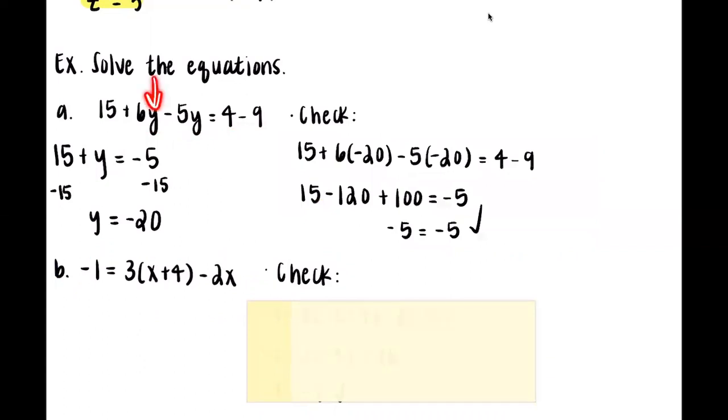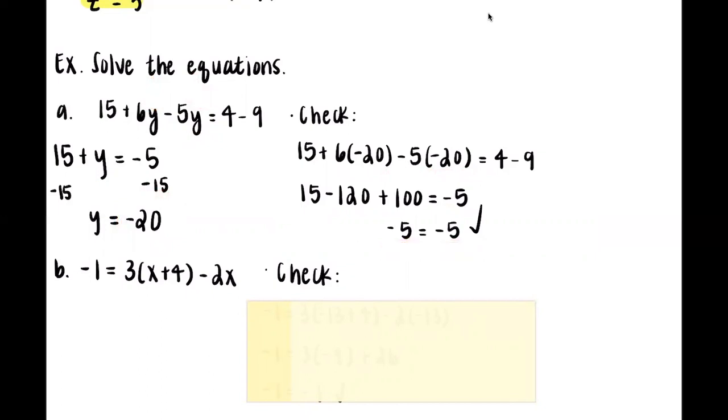These y's are really just negative 20s. That's what we're claiming here. So we have to plug them in and see what happens. See if the left and the right side become true. Remember, if the left and the right side are not equal to one another, like not the same number,